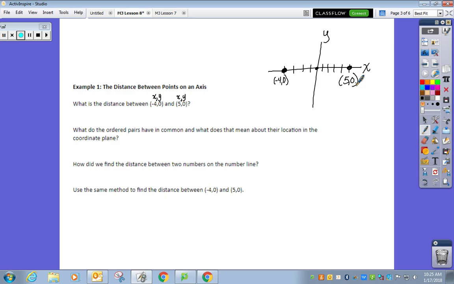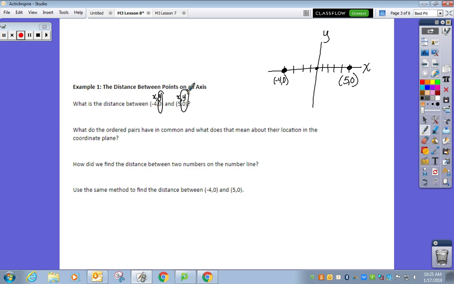Okay, so those are my 2 points. I'm trying to find the distance between them. It's kind of similar, if you'll notice, to Albertsville and Dewey Falls, as they're on opposite sides of the origin. So it asks us, what do the ordered pairs have in common, and what does that mean about their location on the coordinate plane? So if you look at these 2 points, they both